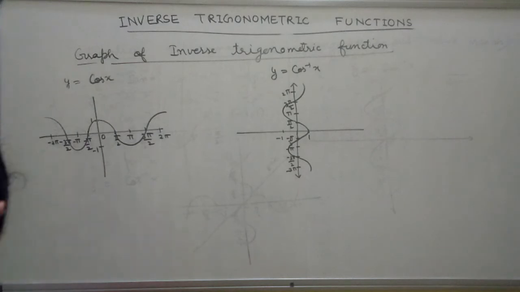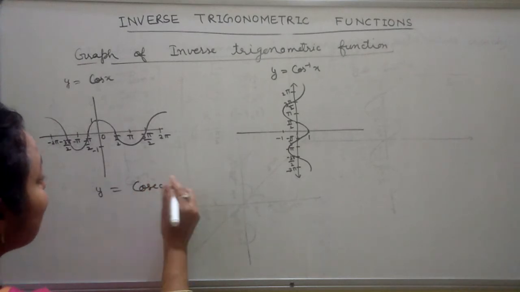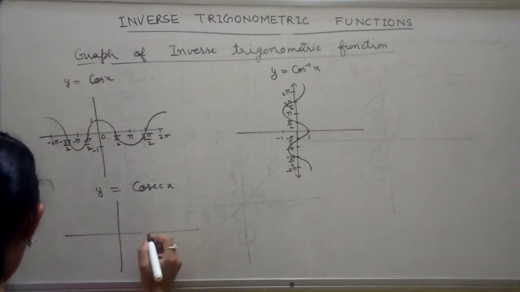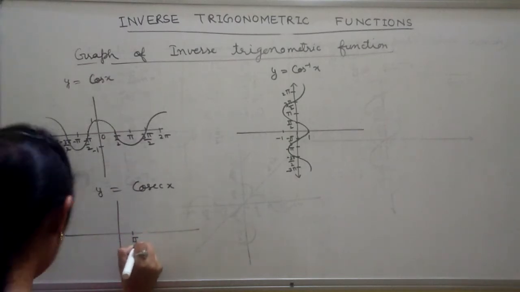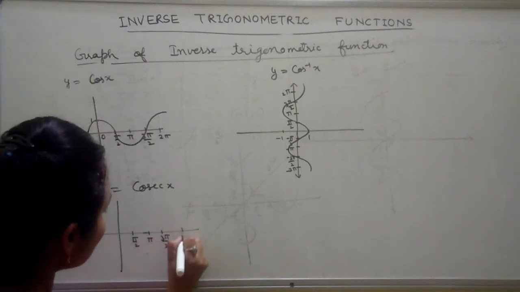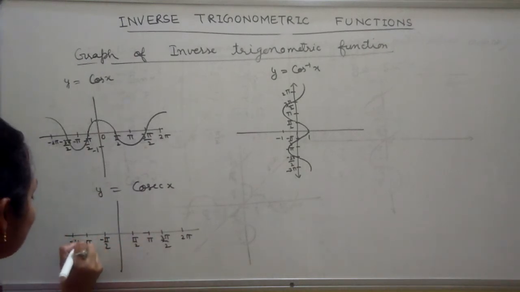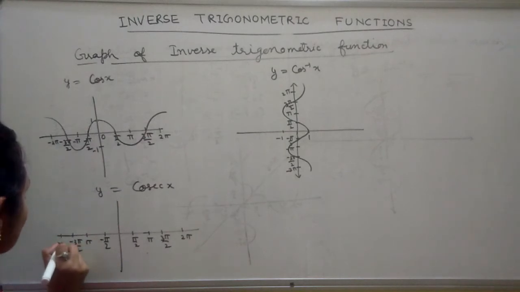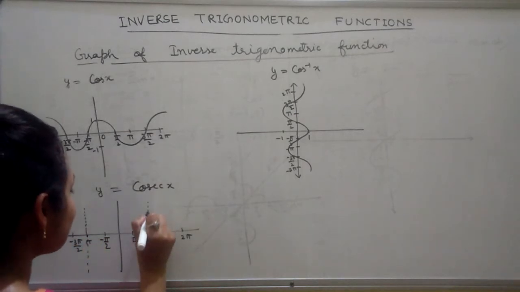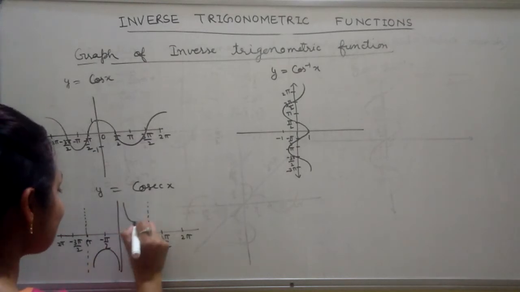Now come to the tan. Okay, come to the secant. First of all, y equals cosecant inverse x. If cosecant x is there, we have some interval like this. This is the line of pi, this is pi by 2, this is pi, 3 pi by 2, then 2 pi. Here we have negative pi by 2, pi, minus 3 pi by 2, then 2 pi. If I want to draw a line like this on pi, the function is like this.